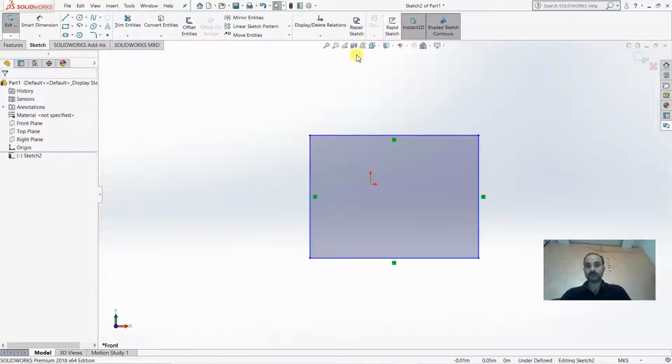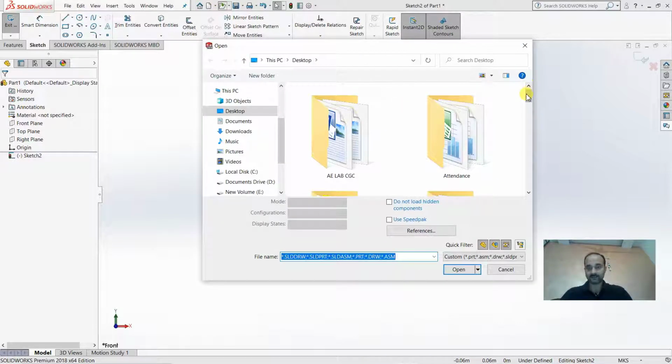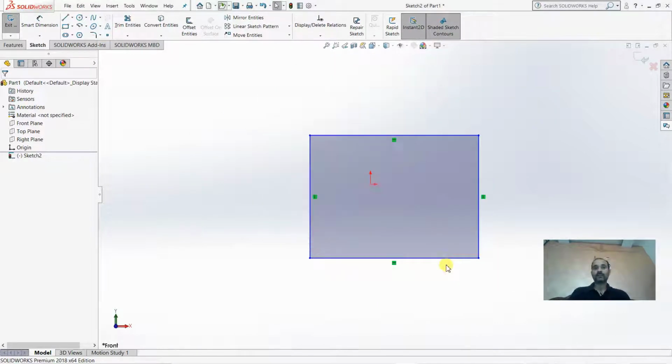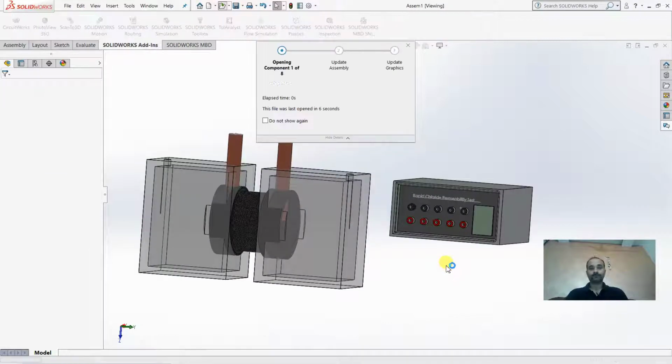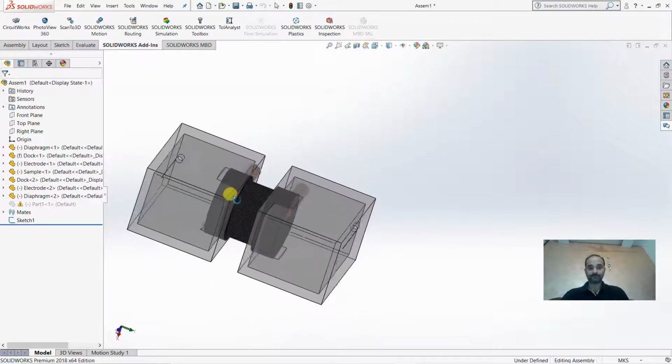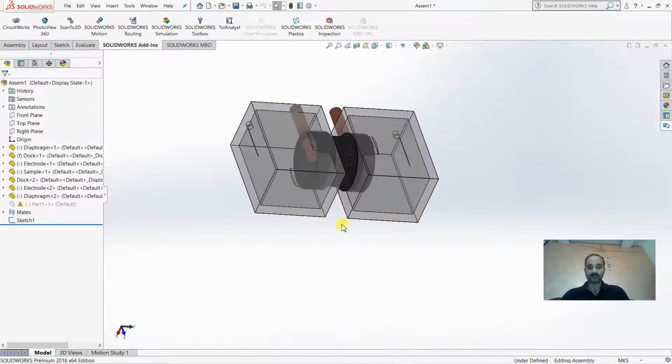Now coming to the fourth icon. To visualize this fourth icon, you have to create a 3D part. So I am going to bring a 3D part into the SolidWorks interface which I have created earlier. That is one assembly I am bringing to your SolidWorks. This is your assembly.